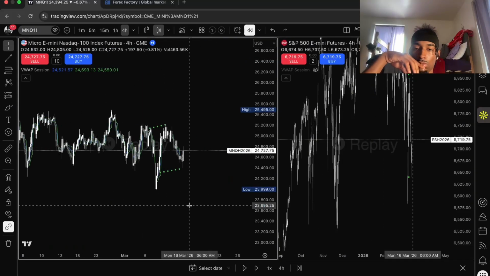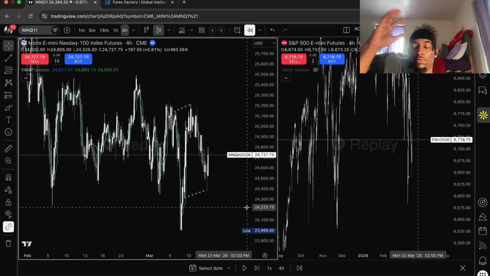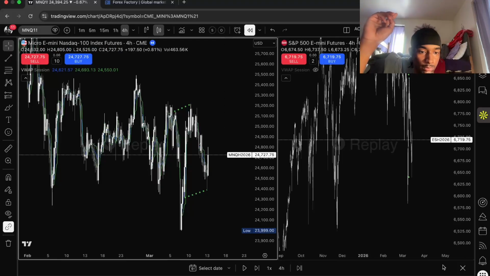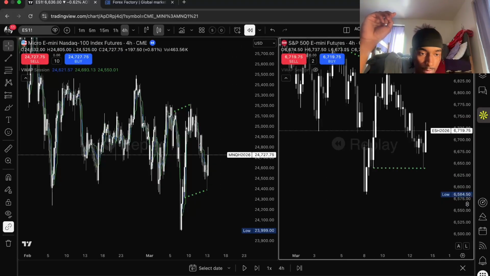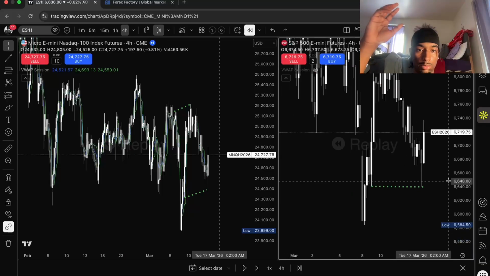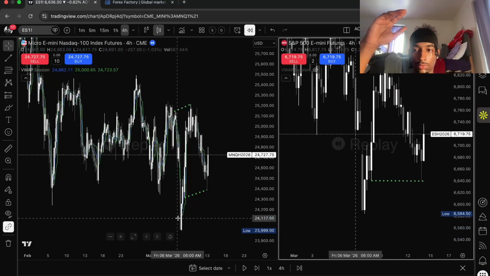So everybody understand the two different ways that you could read the 4 hour, with the overall trend and the current trend. It's kind of a new concept that I'm teaching y'all, but for example,